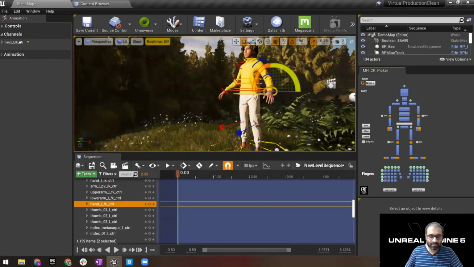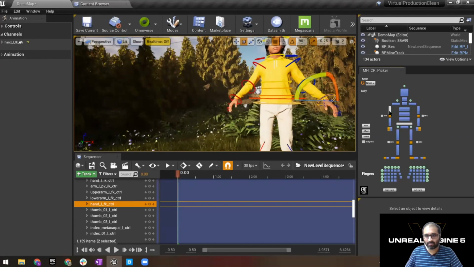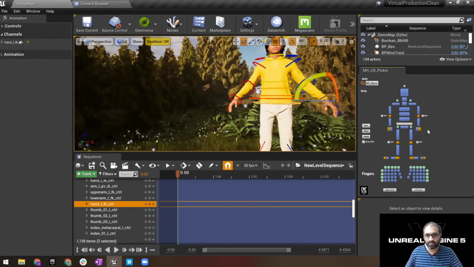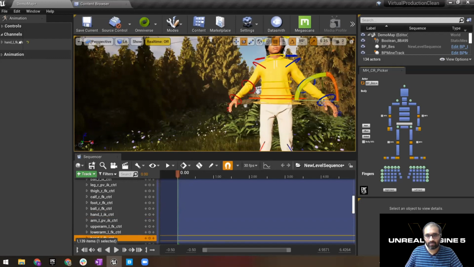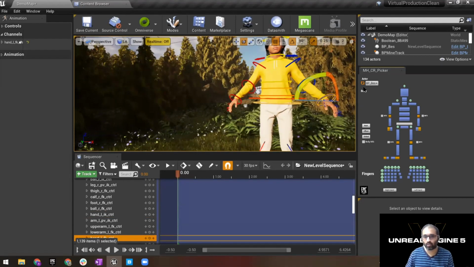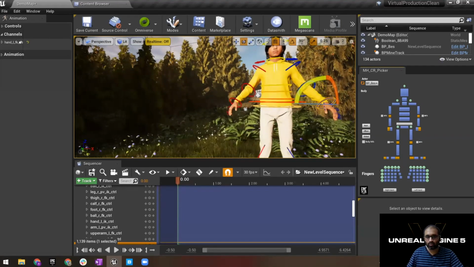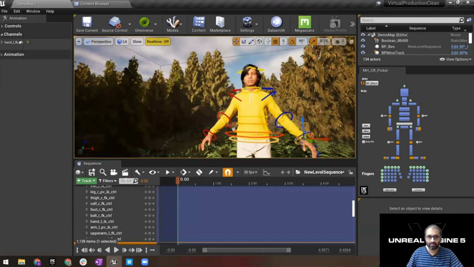Rather than selecting it in the viewport, which could get a little messy, I can select my rig from here, and I can choose inverse kinematics, or if I don't want inverse kinematics, I can select the character, and have all of my animations done through this, which a lot more animators would feel at home with. Of course, if you have an XM suit or any kind of mocap suit, that also streams directly in here.